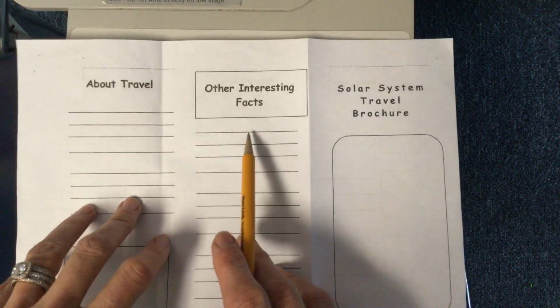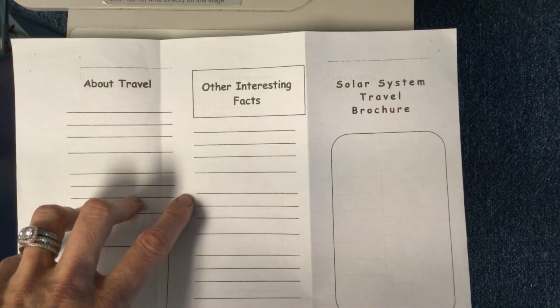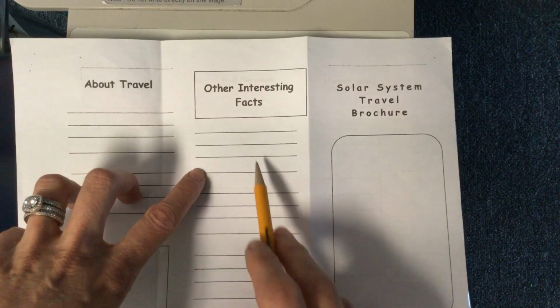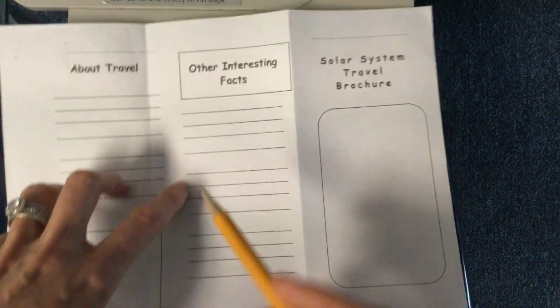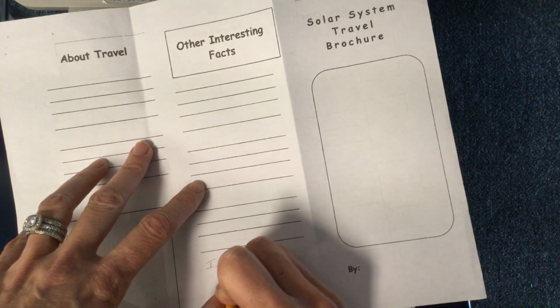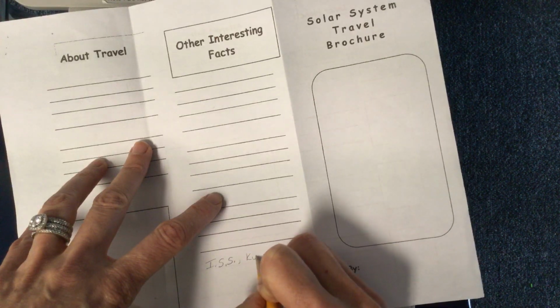For your other interesting facts, this can be any other facts that you've learned about the solar system as you've been reading. So an interesting fact that you want to tell me about, for instance, I would think maybe about the International Space Station, or maybe you found out some information about the Kuiper Belt,